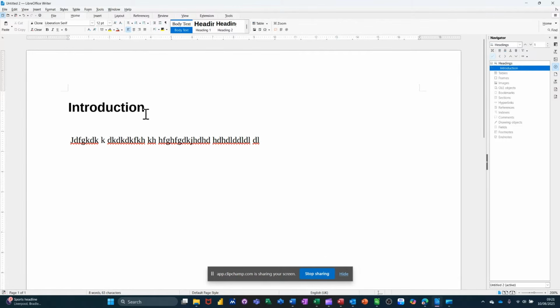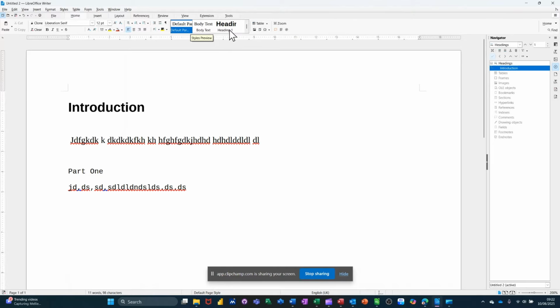I'm pressing enter a couple of times. Now I want heading style 2, which is that one. It's just a different format, and you can modify the format if you don't like it. But now I'm going to type part 1. So part 1, press enter, type some more paragraphs like so, come down, and then I want to do another